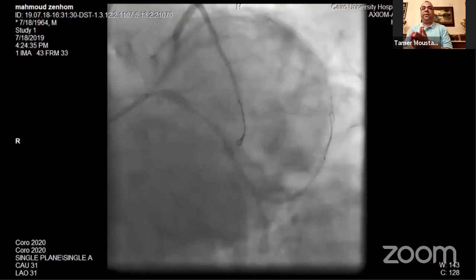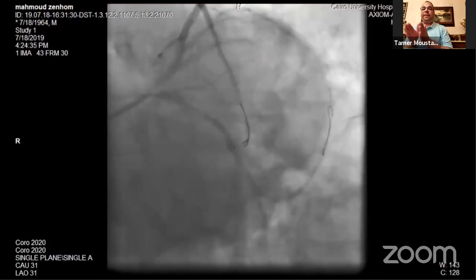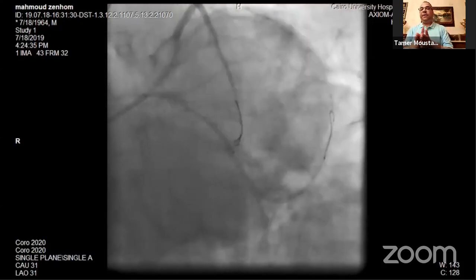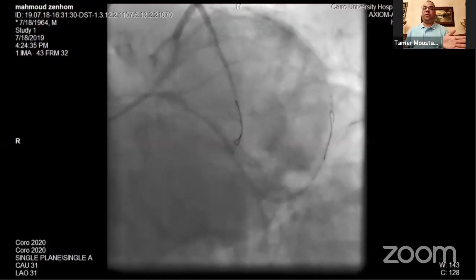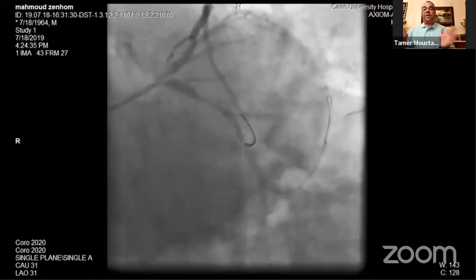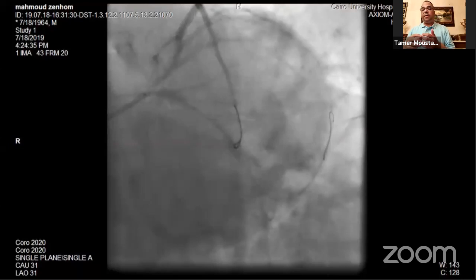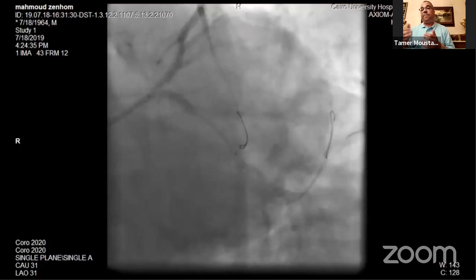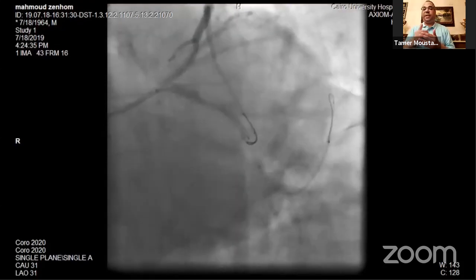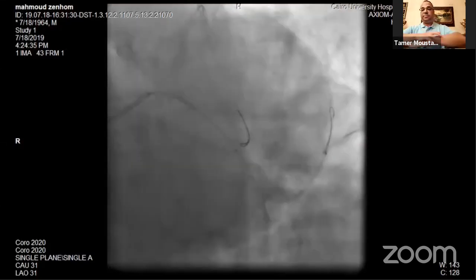Mohammed, yes. You have a proper technique here, because you will guard the left circumflex and left main. You have to see in the other projections that the left main is affected. And if you put your stent from the ostial left main covering the whole lesion in the left circumflex, I think you will guard yourself and you will proceed more comfortably. So I think this is the proper technique here, because you secure yourself, you secure a big vessel, and you have a good landing zone to put your stent from the left main to the left circumflex to proceed for the other steps safely.